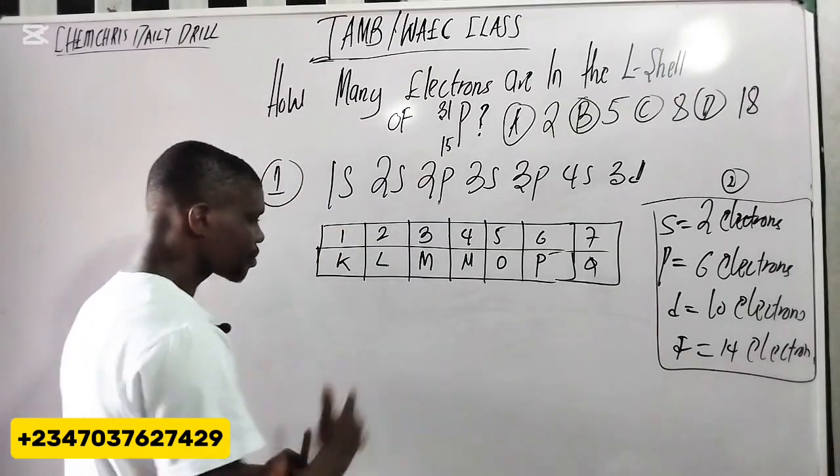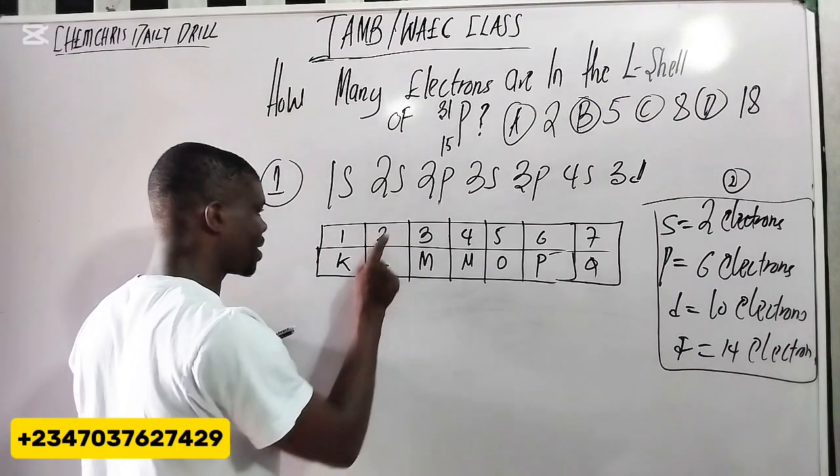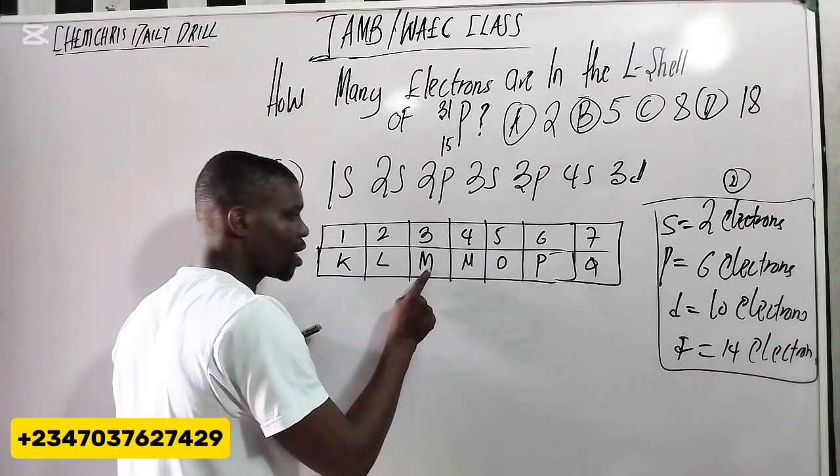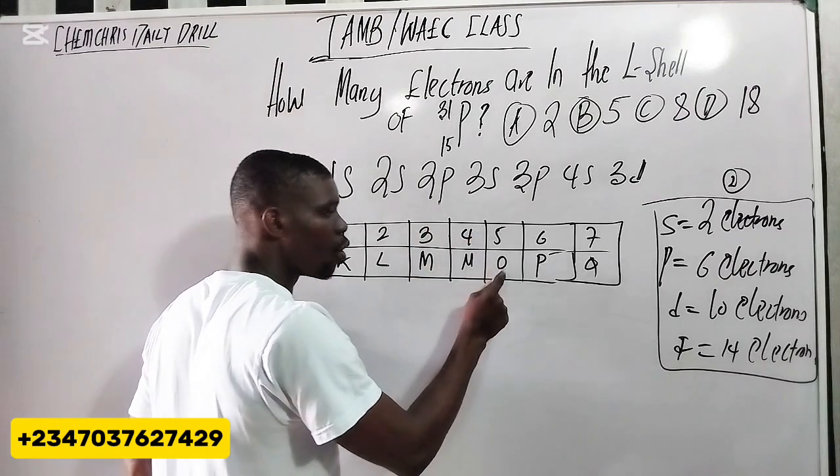Let's continue here. So we have K shell as the first energy level, L shell as the second energy level, M shell as the third energy level, N shell as the fourth energy level, and O shell as